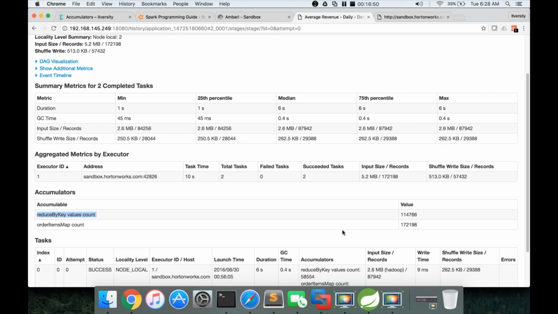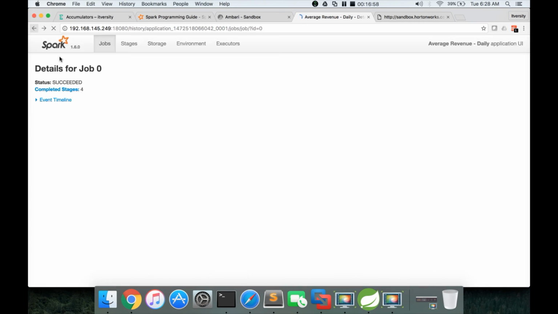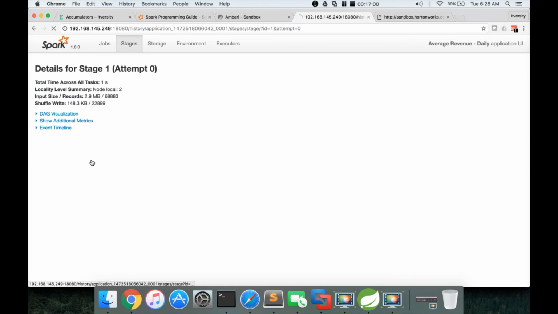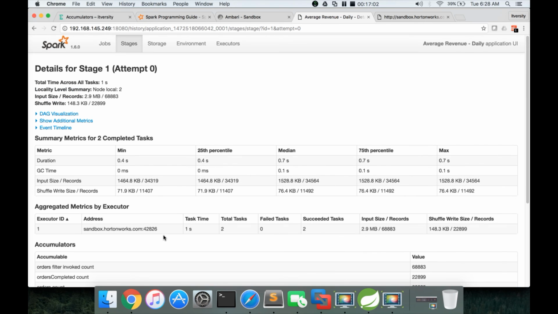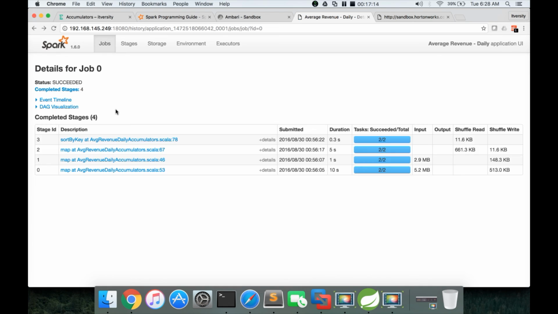Order items is invoked 172,198 times. Okay, like that you can go through all the tasks and you can see the details. Orders count is 22,899, where the map function is applied, and these 2 are the counters for filter and completed. Okay, so this is how you can get the counters information at each and every step.